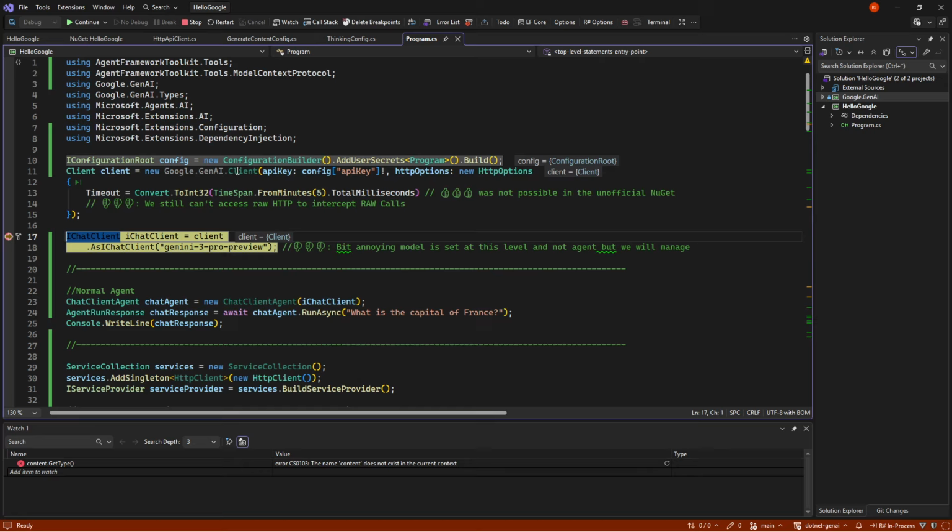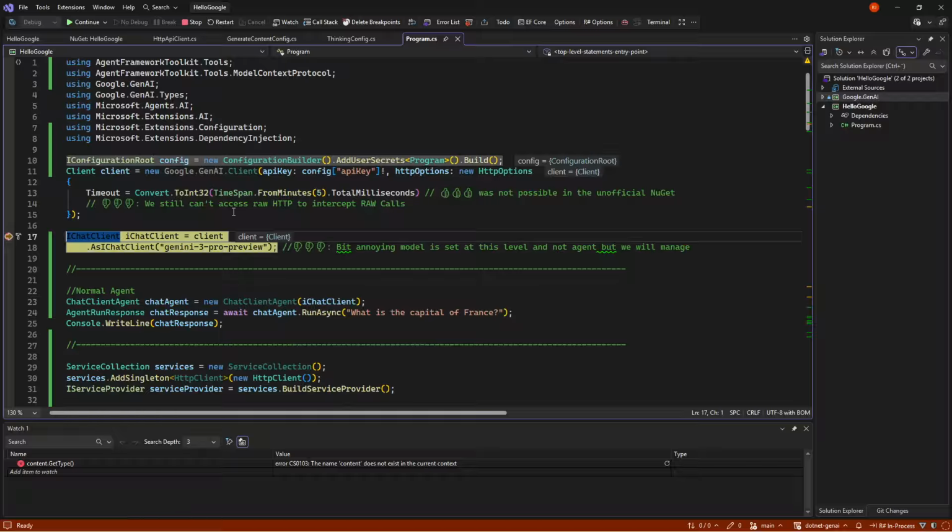We can make an object called client, so google.genai.client. And when you do that, you need to give it an API key. You can also give the Vertex ways of doing things. One thing that this can do that the old one couldn't is to set a timeout. So why not? We can set timeouts now, which is really good if you have some really hard LLM calls that need to take several minutes and not just use the default timeout of an HTTP client. So that's at least good. We couldn't do that in the unofficial NuGet package.